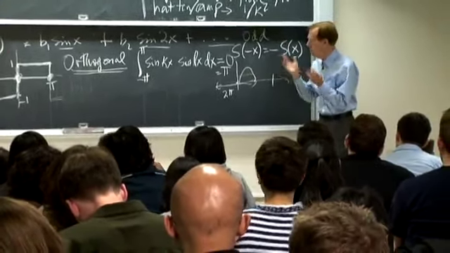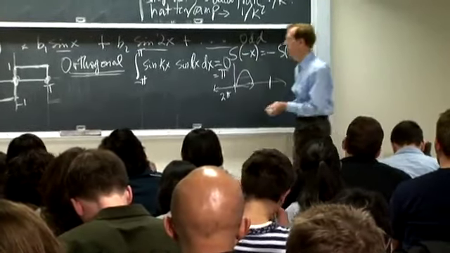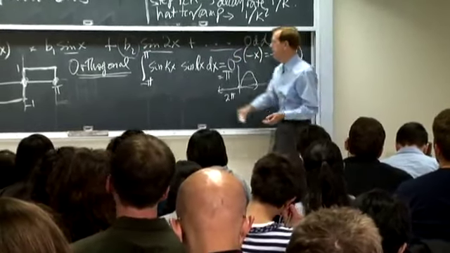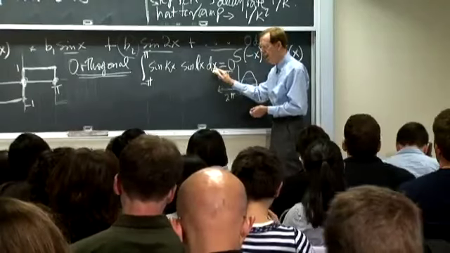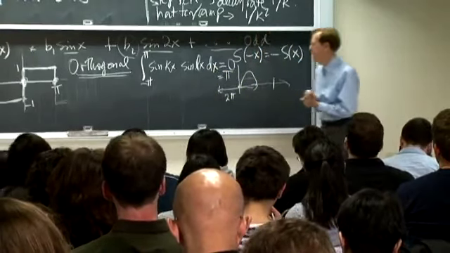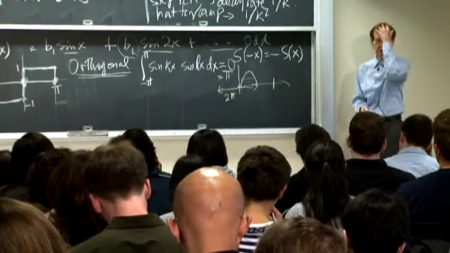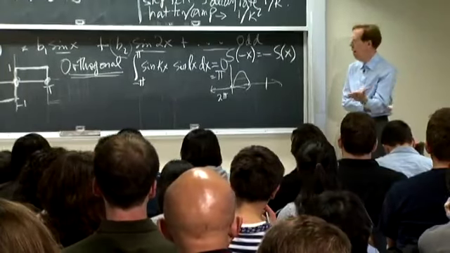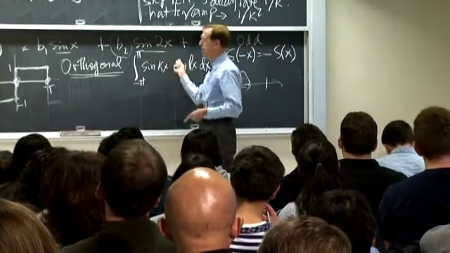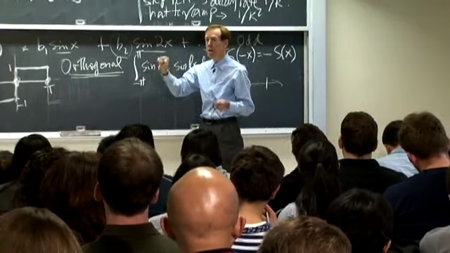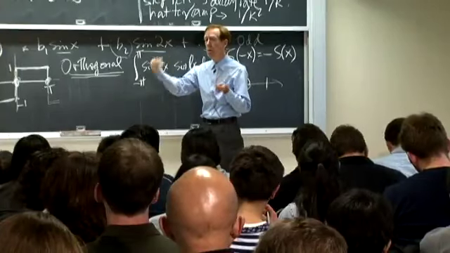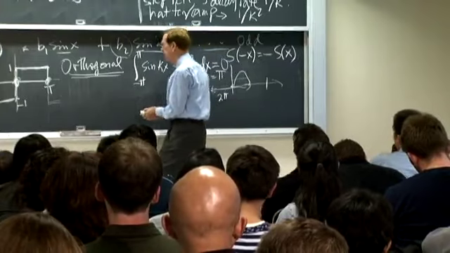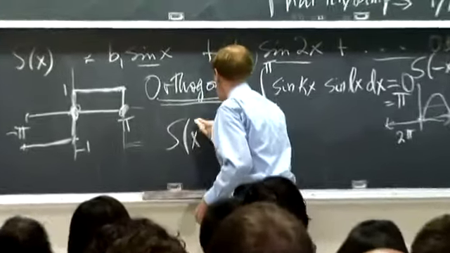Okay, so now how do I use that? Again, I'm looking for B2. How do I pick off B2, using the fact that sine 2x times any other sine integrates to 0? Ready for the moment to find the coefficient B2? Let me start the sentence, and if you finish it, I'll multiply both sides of this equation by sine 2x, and then I will, what? Integrate, right. I'll multiply both sides by sine 2x, so I take s of x times sine 2x,